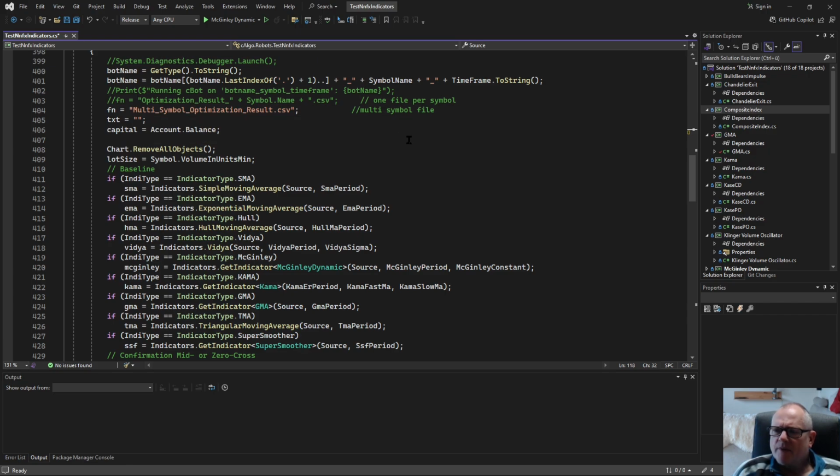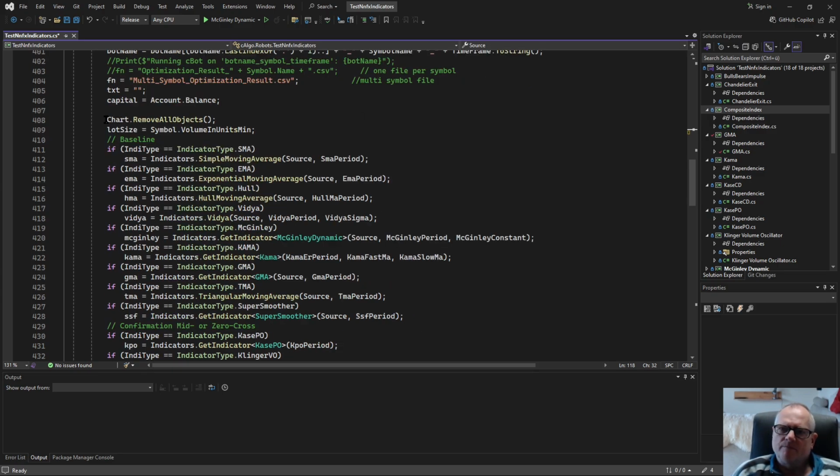So in this way we can exactly give the trade a magic number in MetaTrader. Here we have the file name. This is the file name where we store our results. Here we get the capital. The capital is our account balance. We also get this, and then